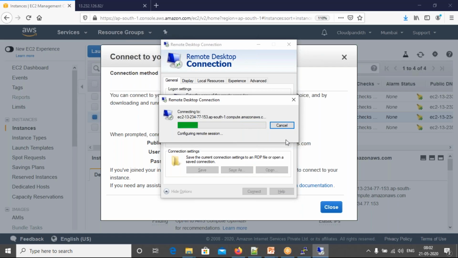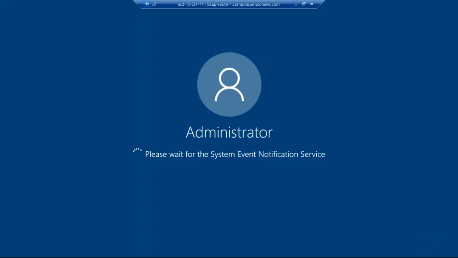We already know these things, right? So now I need to install the IIS server. Let me know, friends, if you have any confusion here. These things we have already done, that's why I'm going a bit fast. Okay.